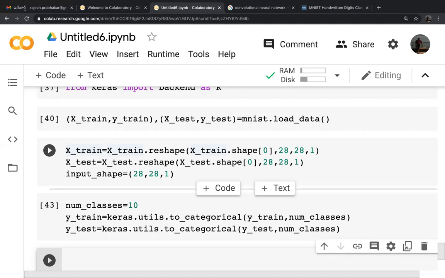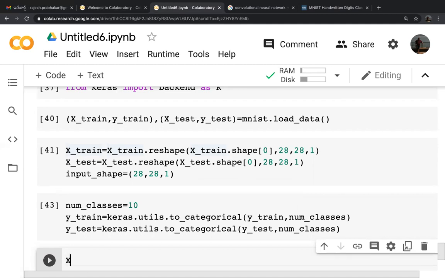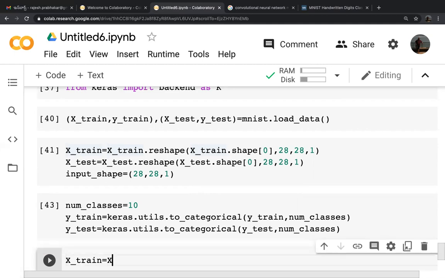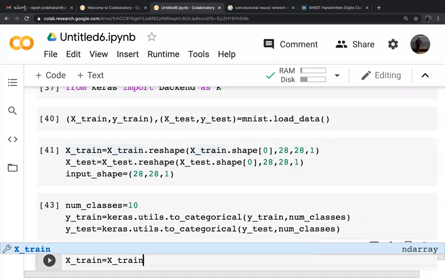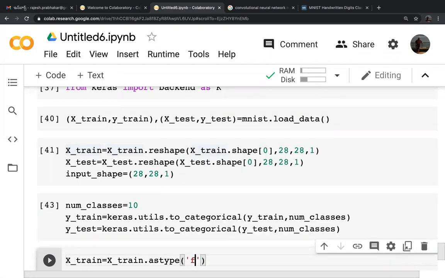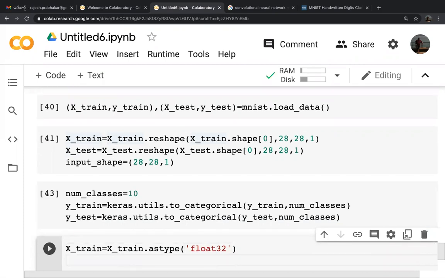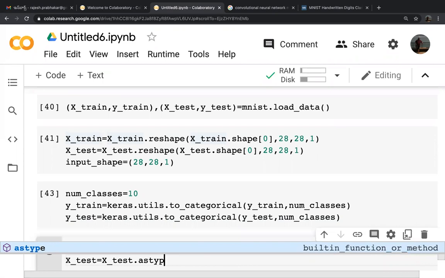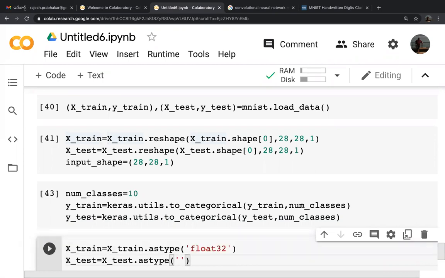Okay. Now we will convert the data. X_train is equal to X_train.astype('float32'). We are converting, reducing the size. X_test is equal to X_test.astype('float32').